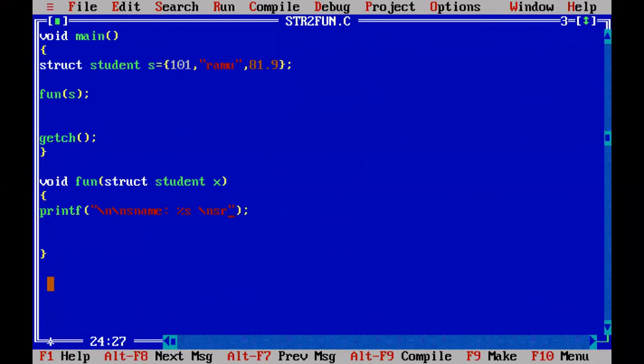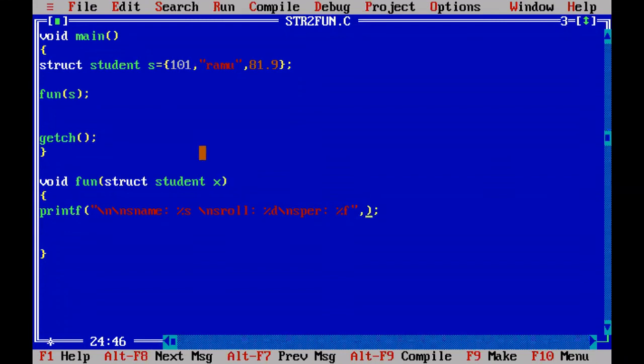S roll number is percentile D, one new line. Student percentage, S percentage, percentile F, and replace with the values.